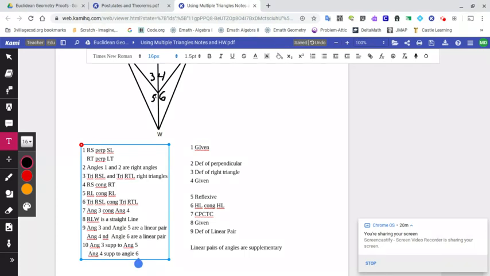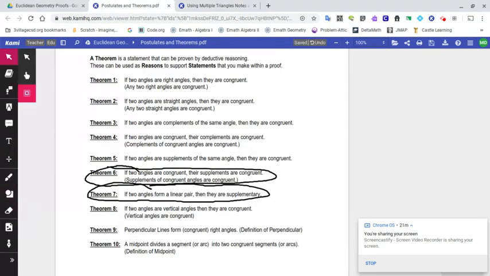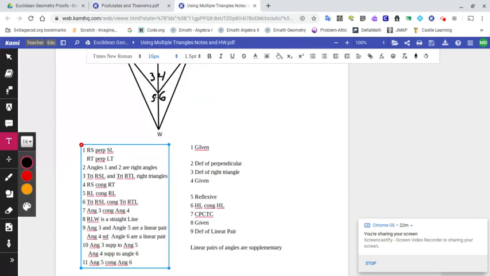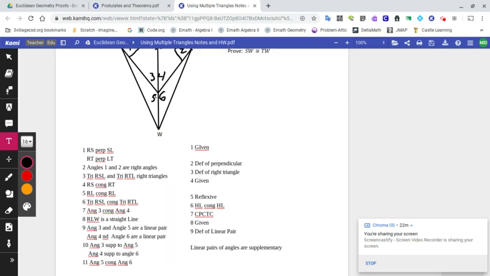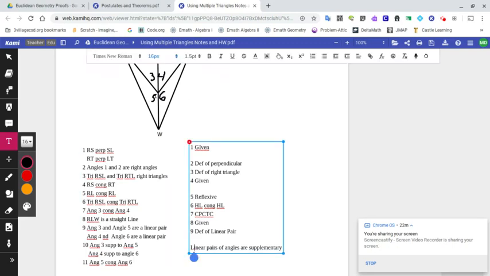Now look, in number 7, we said angles 3 and 4 were congruent to each other. Well, that's going to mean angle 5 is congruent to angle 6 then, and the reason for that, looking at the postulates and theorems, is theorem 6: if two angles are congruent, their supplements are congruent. We've got angles 3 and 4 congruent, and they have supplements, 5 and 6. So the supplements of congruent angles are congruent. I got to number this one, 10, and now